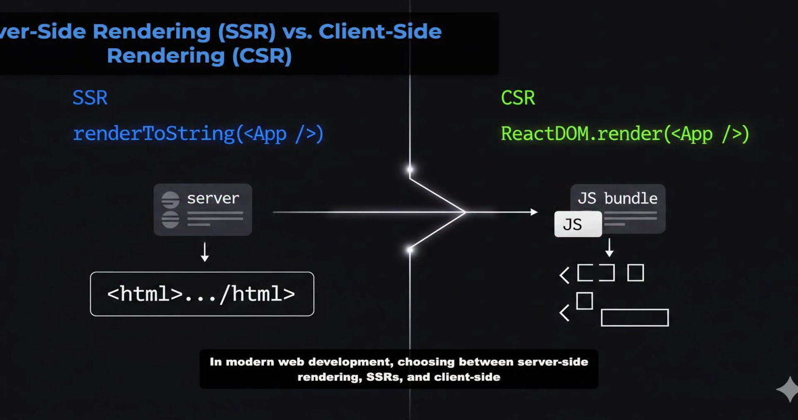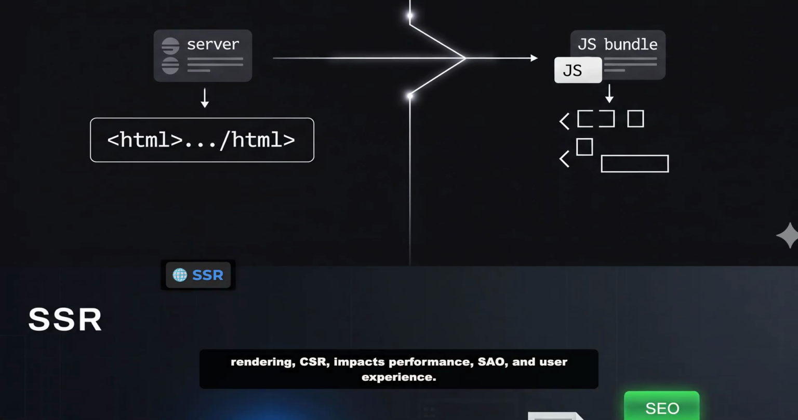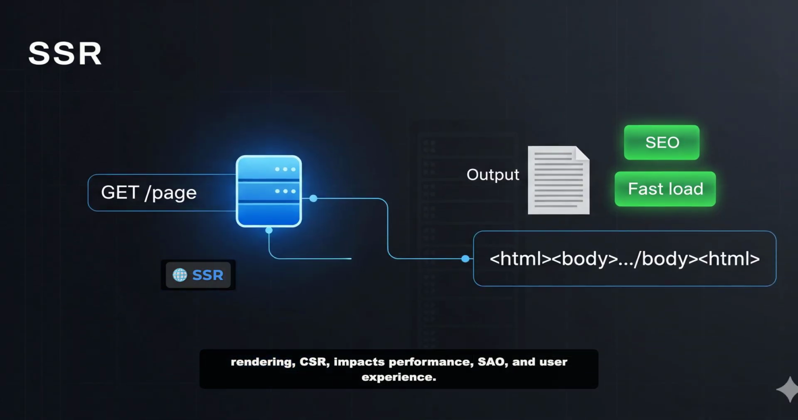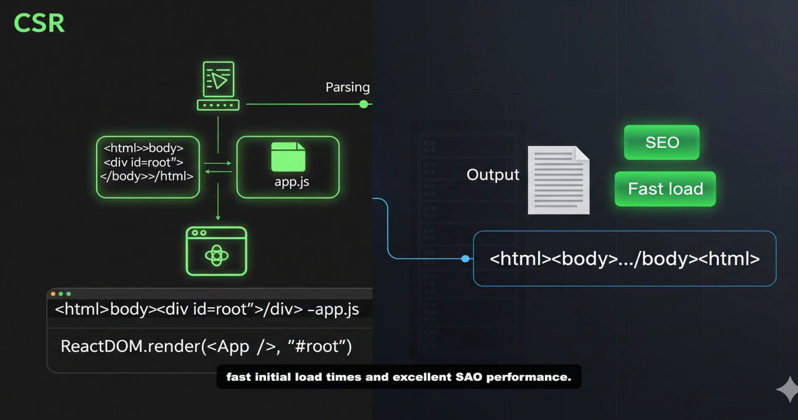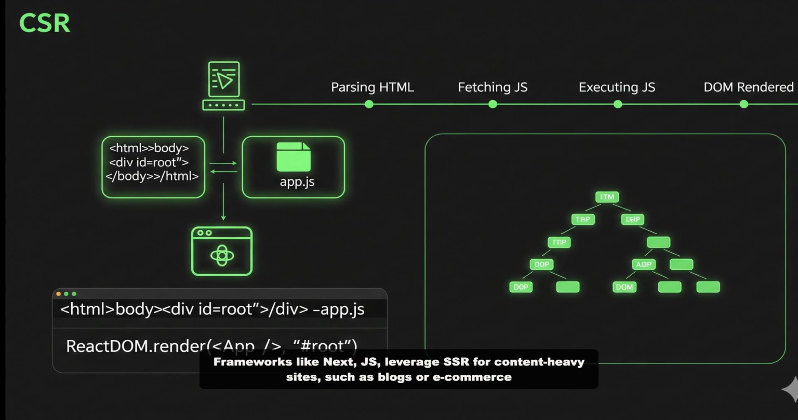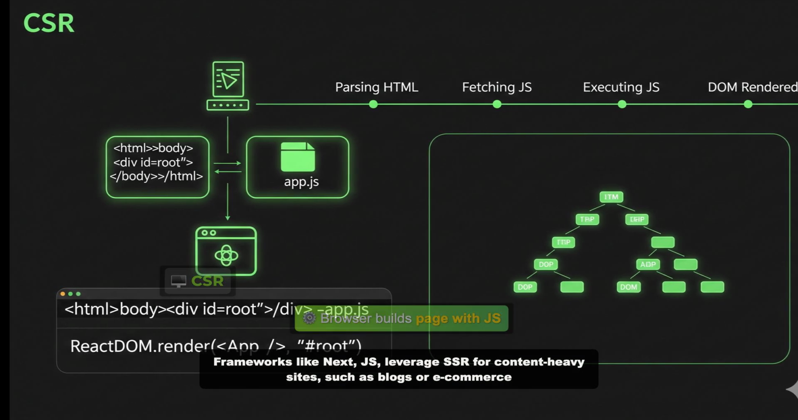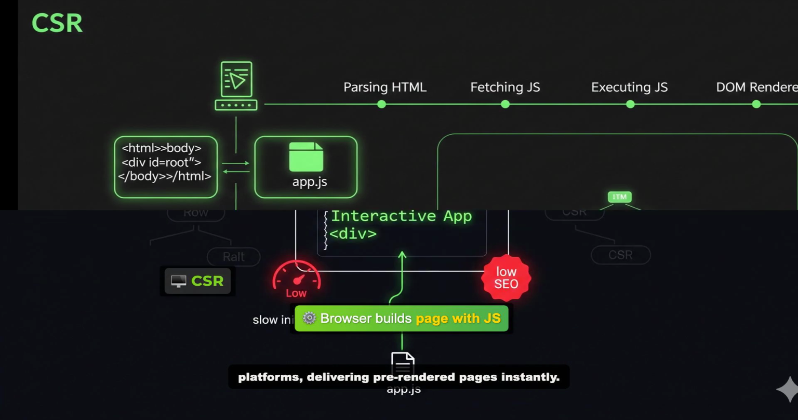In modern web development, choosing between server-side rendering, SSR, and client-side rendering, CSR, impacts performance, SEO, and user experience. With SSR, the server generates and sends a fully rendered HTML page to the browser, ensuring fast initial load times and excellent SEO performance. Frameworks like Next.js leverage SSR for content-heavy sites, such as blogs or e-commerce platforms, delivering pre-rendered